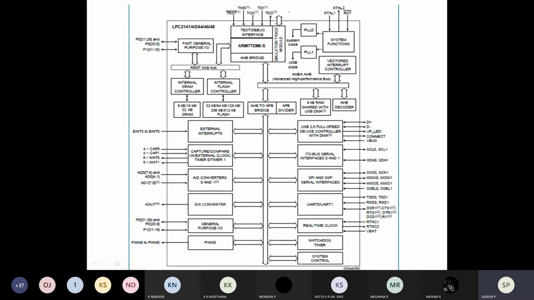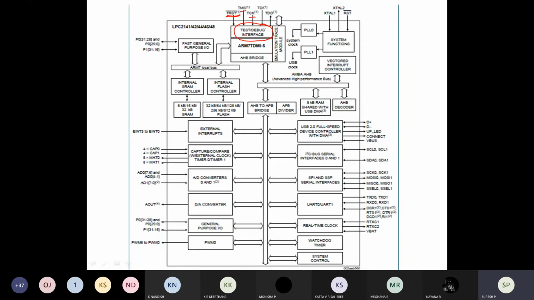Here the LPC2148 is connected through TRST, TMS, TCK. This is the test and debug interface, which is basically used for testing your hardware.